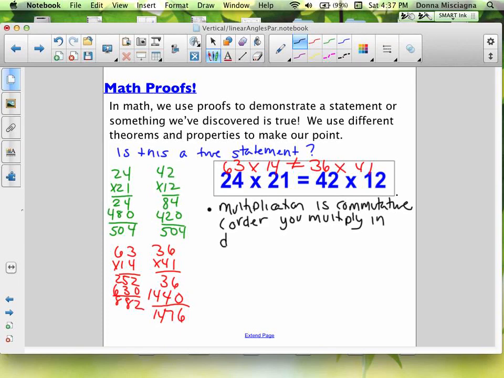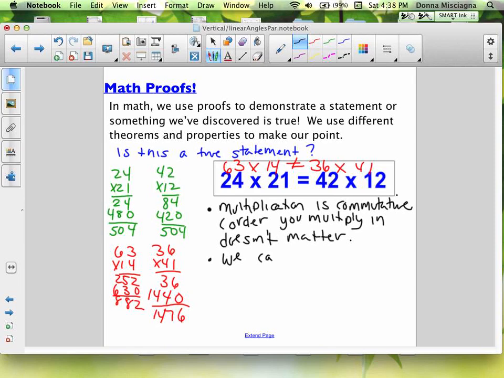That's also true for addition. All right, so if I add 3 plus 4 or 4 plus 3, it's going to be 7 either way. If I multiply 2 times 5 or 5 times 2, that's 10 either way, right? So the order I have numbers in doesn't matter when I'm multiplying. Other thing we know is